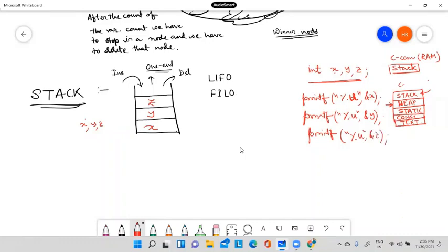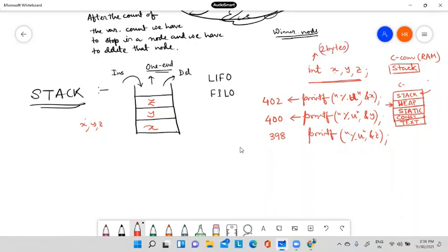Suppose the address printed by ampersand x is 402, then the address of y will be 400 and the address of z will be 398, considering that an integer is 2 bytes.